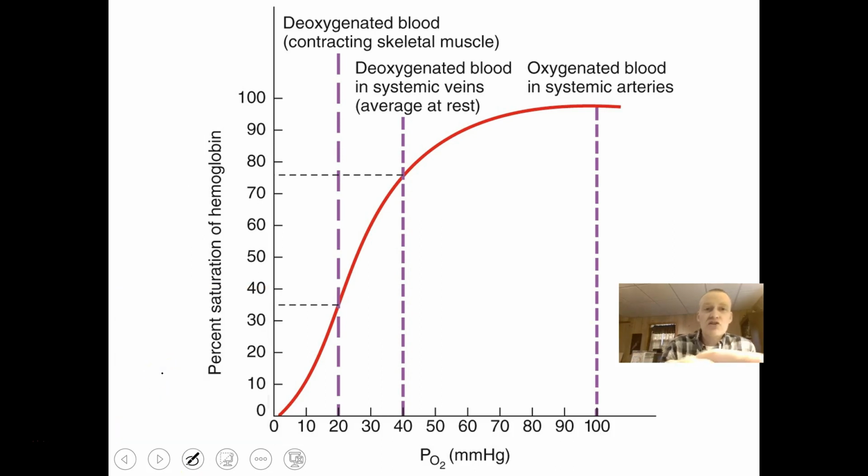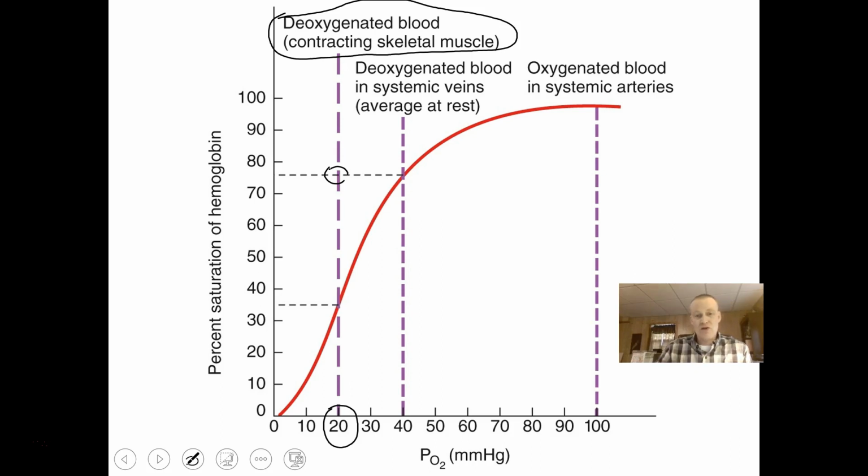So if we look at deoxygenated blood in the skeletal muscle tissue, we can see that the partial pressure of oxygen is 20 millimeters of mercury. And if you notice, at 20 millimeters of mercury partial pressure of oxygen, somewhere in the order of 75% of the hemoglobin is saturated with oxygen. Okay, so at respiring tissues, you have a very low partial pressure of oxygen, and that's the saturation you get of the hemoglobin molecule. At higher partial pressures of oxygen, say at 40 millimeters mercury partial pressure, you get somewhere in the order,